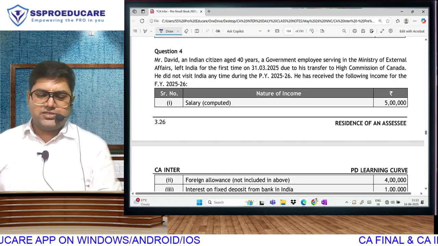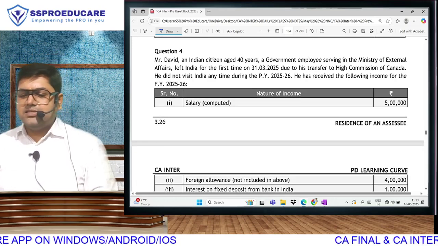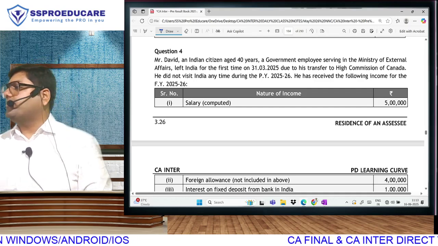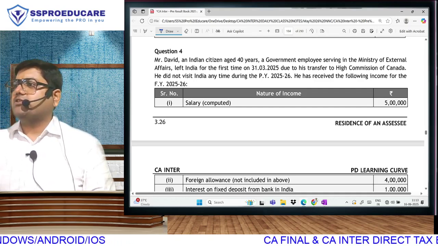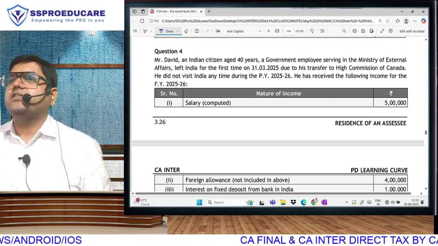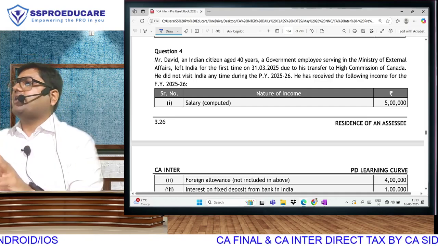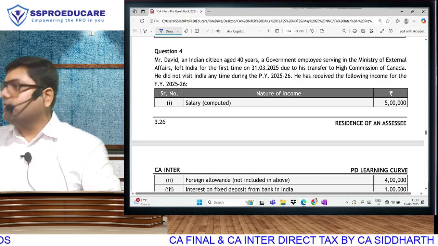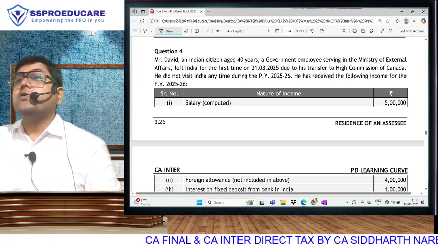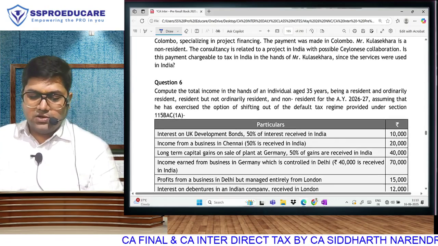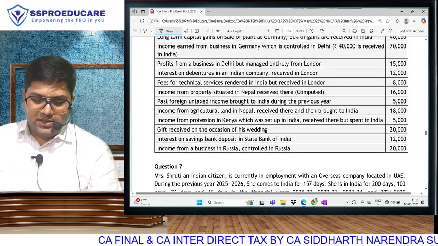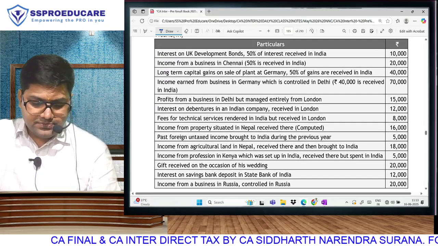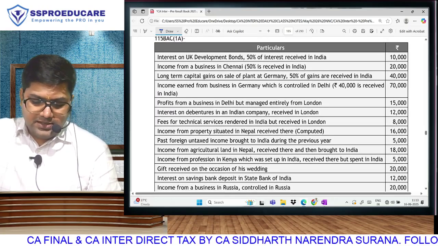And same thing is this next question, Mr. David ka, where he is having income from salary. Now again, salary income ke andar bhi there is a concept called standard deduction, that whatever is your salary, usme se 50,000 rupees will be subtracted. If your salary is 10 lakh, you pay tax on 9,50,000. So unless and until you do those chapters of salary and house property, you won't get complete clarity on these questions. So for now, we will not be discussing these questions, but yes, I will take you to another question,